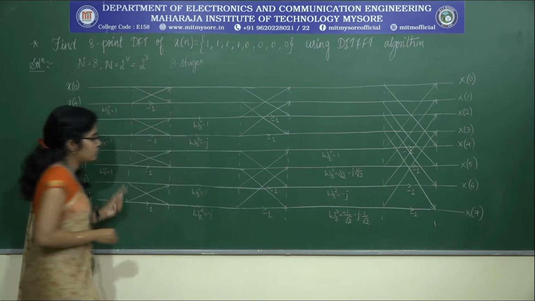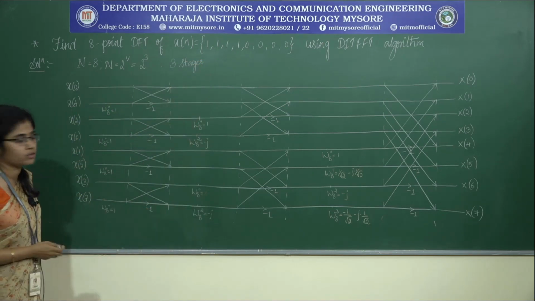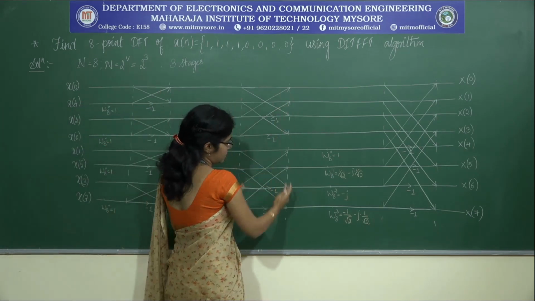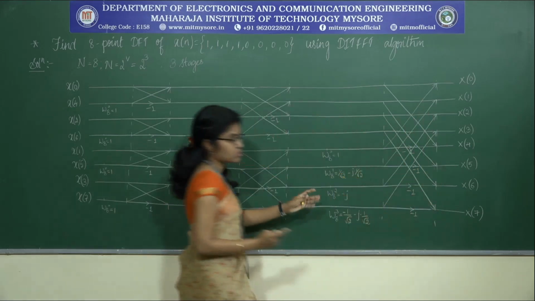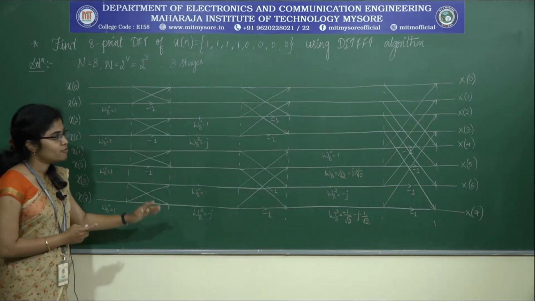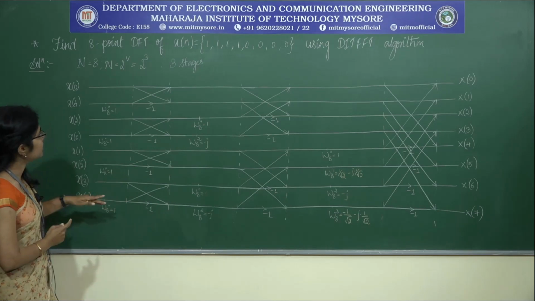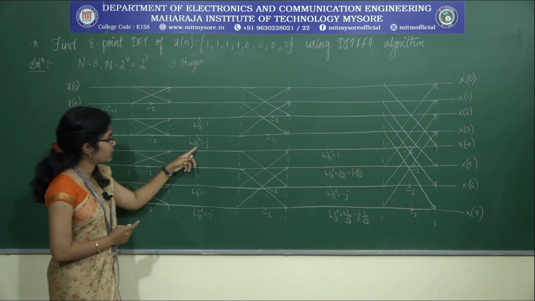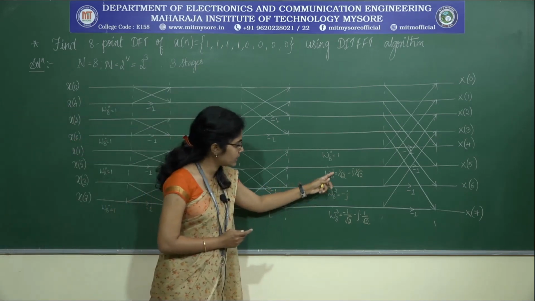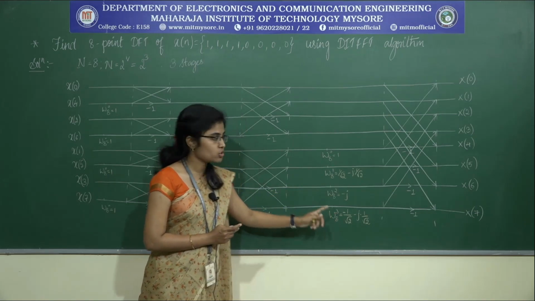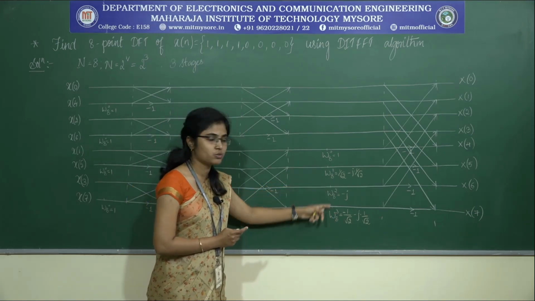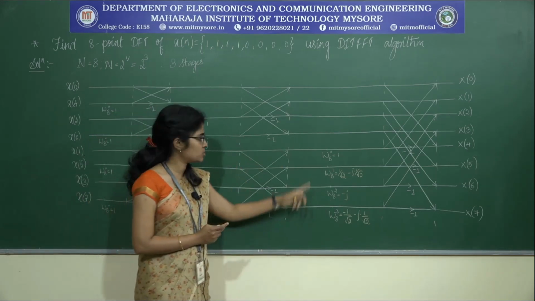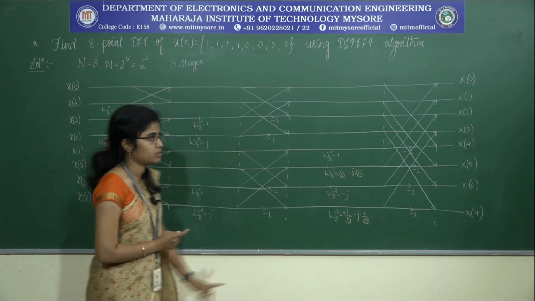Okay. So I have drawn already the DIT FFT for 8-point DFT. So this is the first stage, this entire butterfly structure. So this is the second stage and this is the third stage. So this figure only is called as the butterfly structure, which we saw in previous class. Now what I have done is I have tabulated the values of omega 8 power 0, omega 8 square, similarly omega 8 power 1 and omega 8 power 3. So in examination you need to show how you get these values. Since I have showed in the previous problem for 4-point DFT, use the same procedure and find out all these values and later tabulate. Okay.